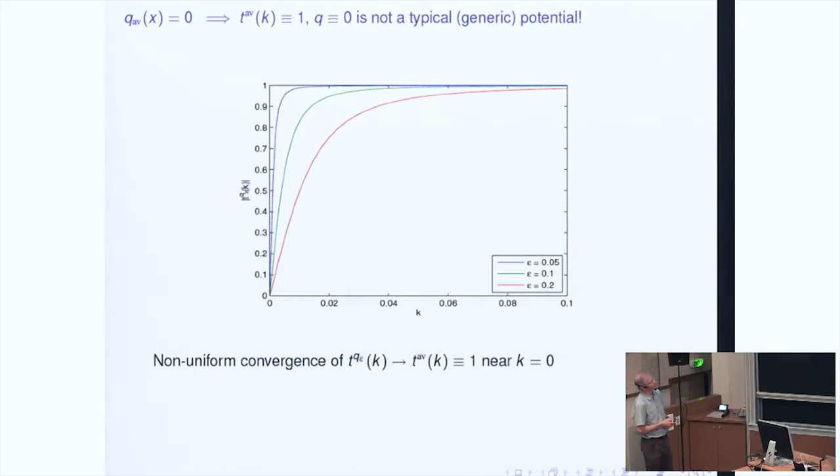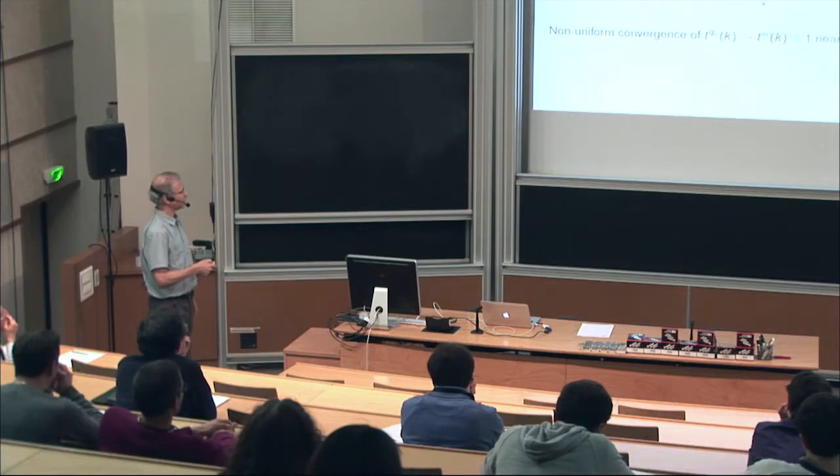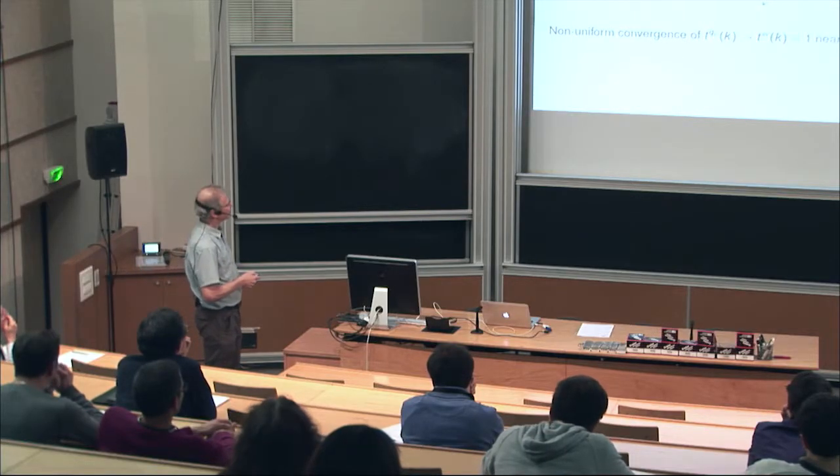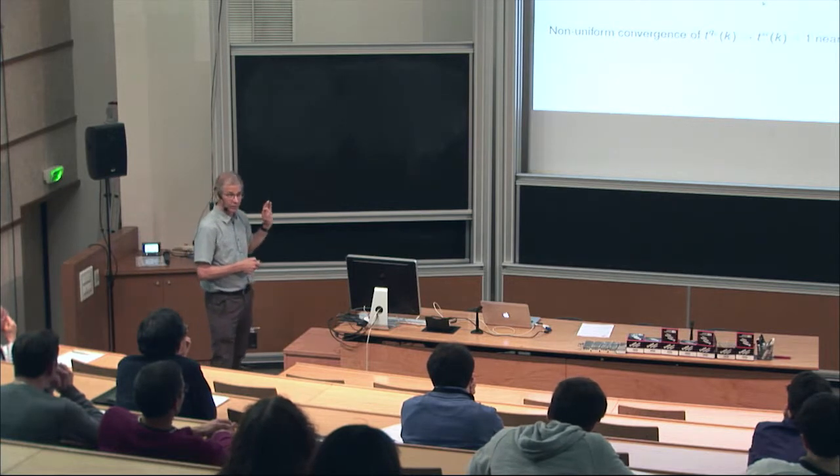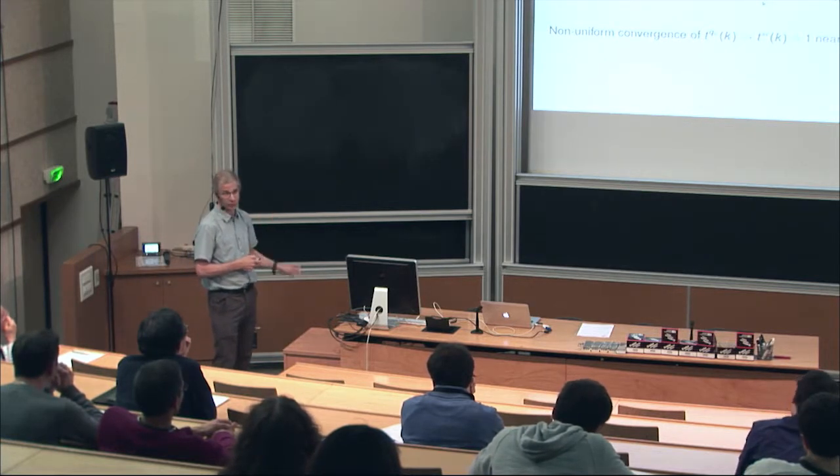And what you see is that for smaller and smaller epsilon, these are the transmission curves. So this is for a fixed epsilon, this is for a smaller fixed epsilon, and yet smaller. As k goes to infinity, you expect nearly all the energy to transmit through the potential, so it's not surprising that these all go to 1. But then what you see is that they all head down to 0 at zero energy. So this is a property of the Schrodinger equation. It's not a property of the Helmholtz equation or Maxwell's equation, but it is of the Schrodinger equation in 1 dimension and something analogous in 2 dimensions.